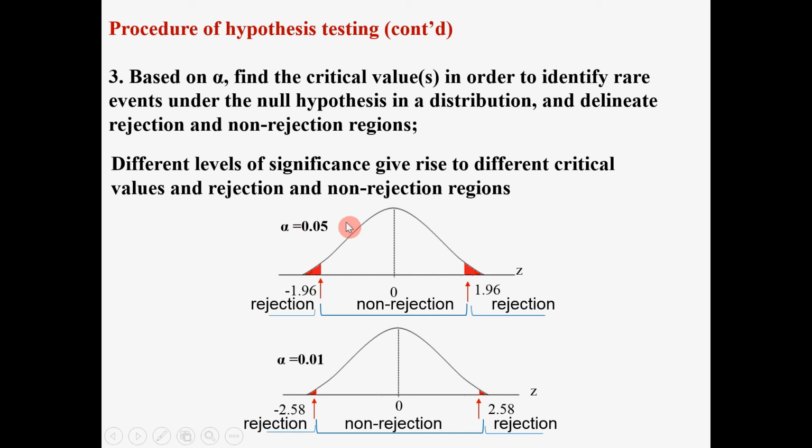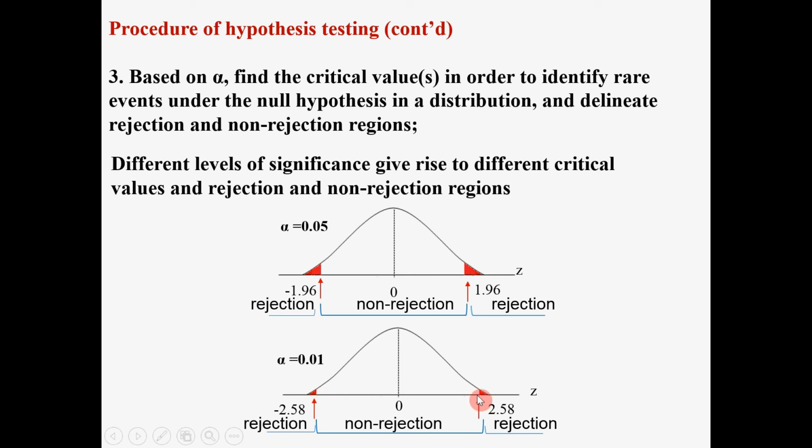Also, when you choose different alpha level, you can get a different critical value. For example, when you choose alpha at the 1% level, the corresponding critical values would be negative 2.58 and positive 2.58. So now you can really see that the rejection region, these two corners, become smaller, and the non-rejection region will become